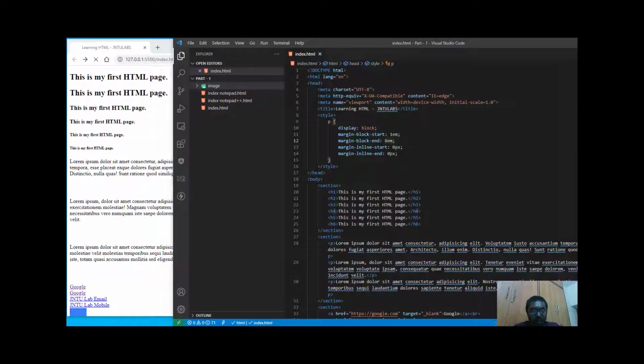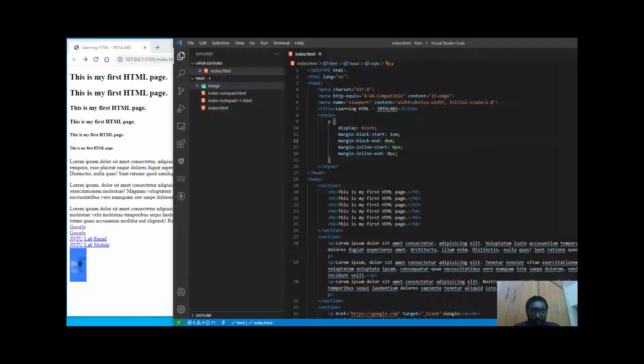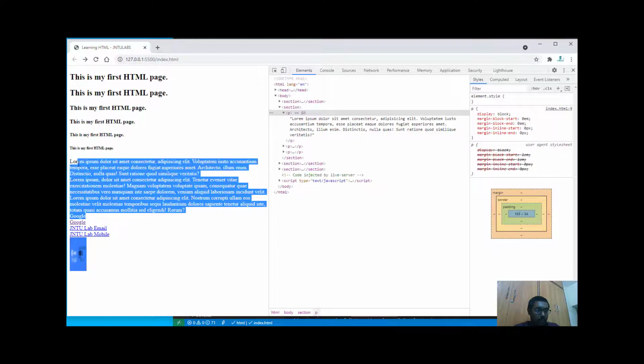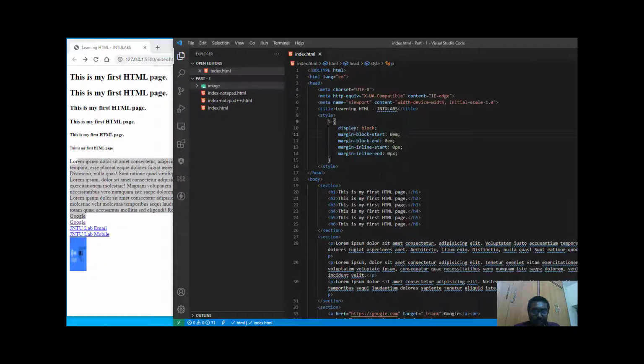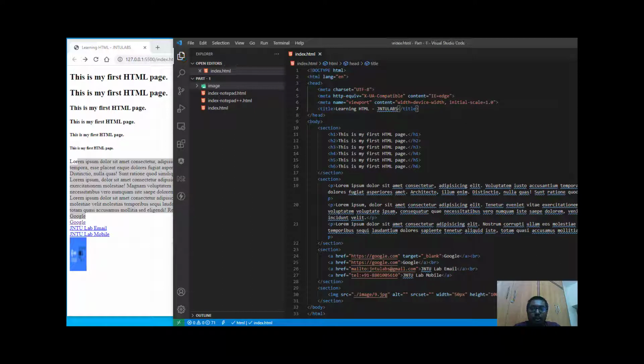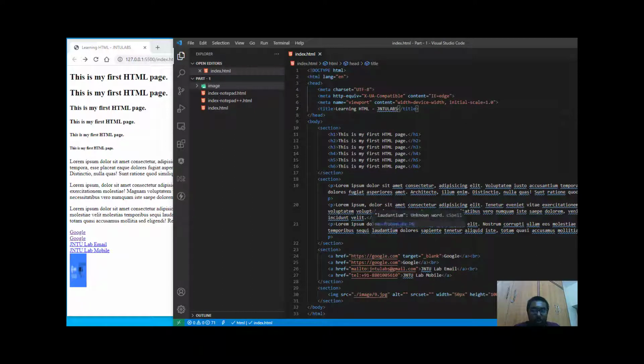Now if I make it 0, then there will not be any gap. You can't see any gap. So these are nothing but styles which you can give to your tags. Styling part we will be seeing later. This is a normal HTML class, so I will not be discussing much more about the styles. We will go with the normal HTML class.